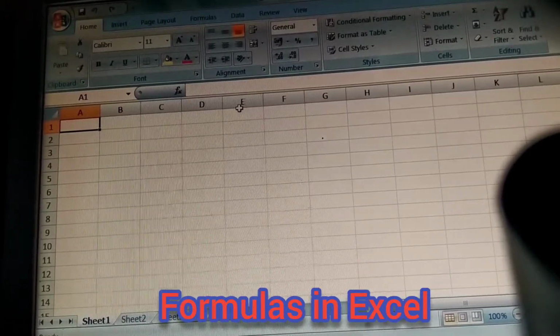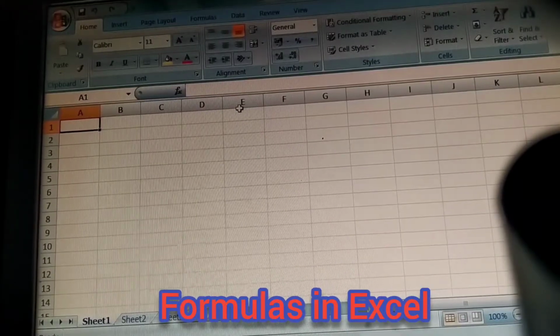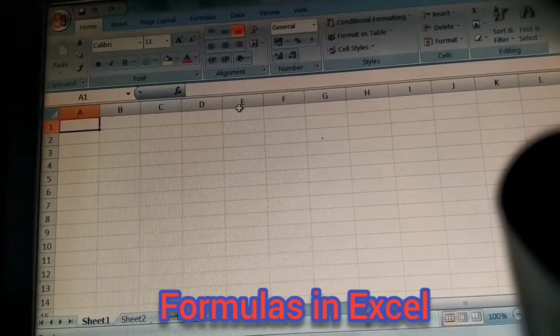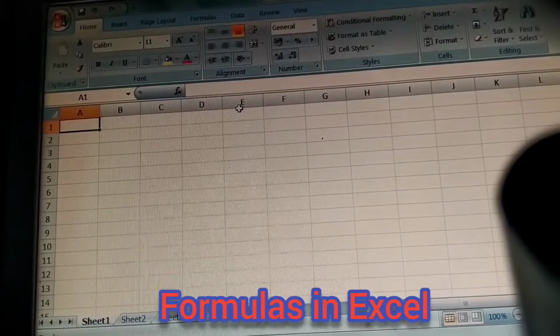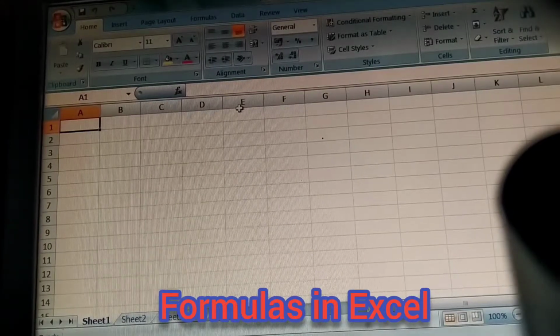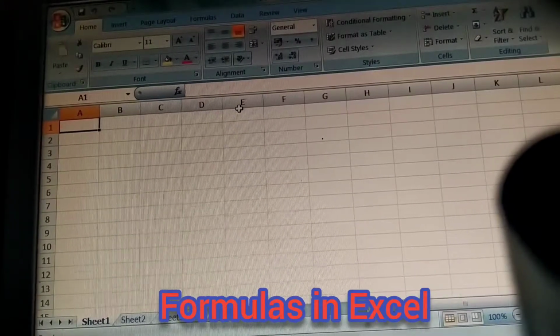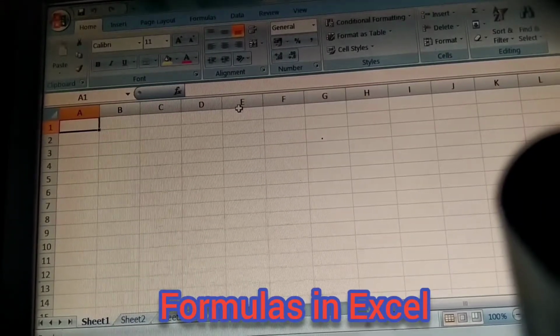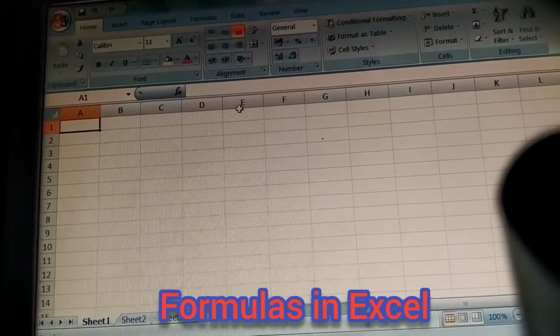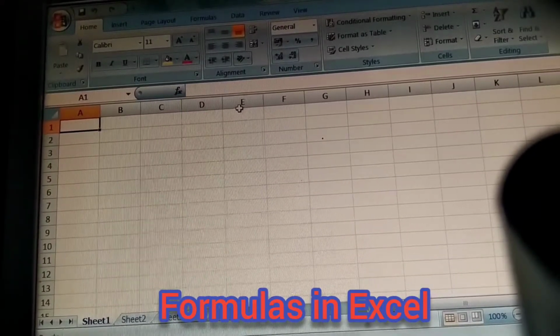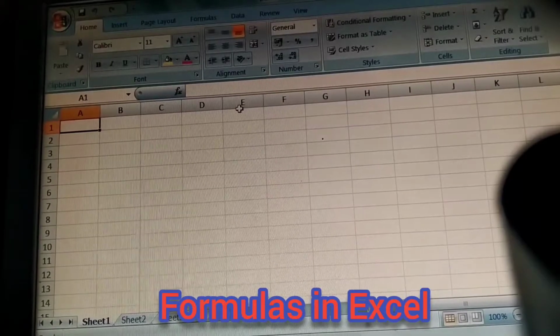Now what is the use of the Excel sheet? For making accounts, mathematical related data we can save in that worksheet. Suppose for example any class mark sheet, a mark sheet also we can make in that. We will make, for example, an Excel sheet of two or three students, a result sheet. So that is the use, to maintain mathematical records in the Excel worksheet.